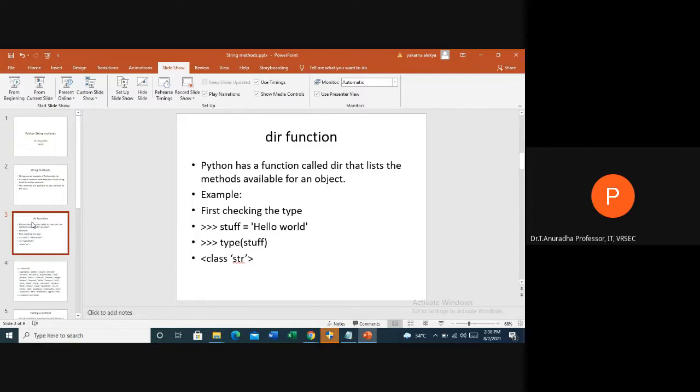If I say type of stuff, it gives me class str. That means the value I have defined is a string, so I have created a string object.